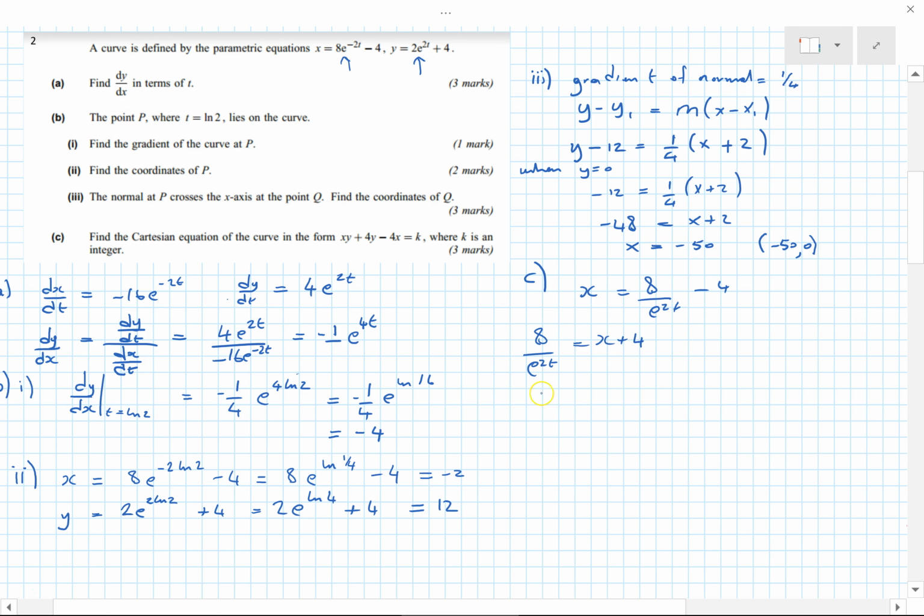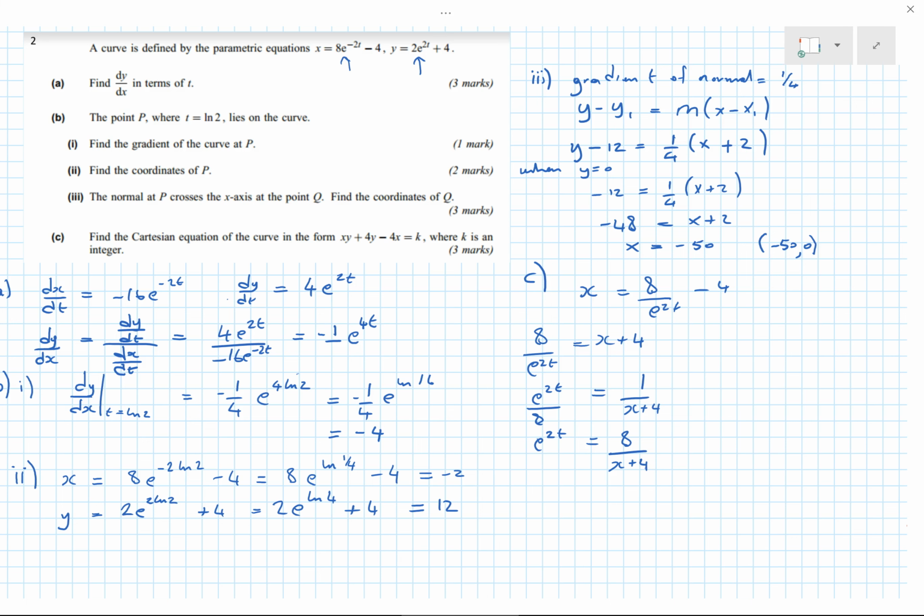So we can then flip that over. So e to the 2t over 8 is equal to 1 over x plus 4. So e to the 2t is equal to 8 over x plus 4. Okay, and then if we do a similar thing